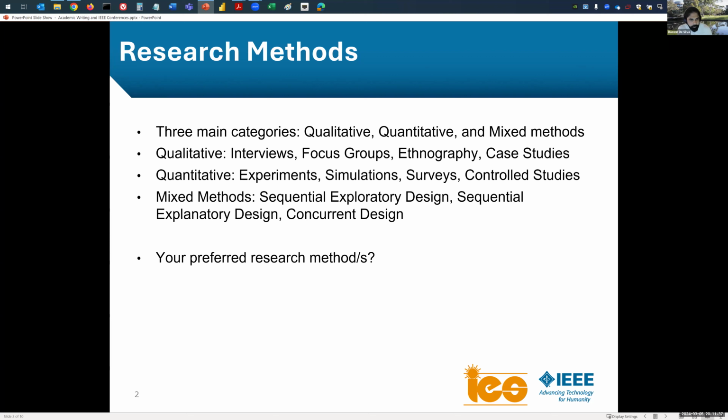The second one, which is what we relate to more prominently, is quantitative research. So there is a quantification of what we are trying to evaluate. So there's experiments, simulations, surveys, control studies, and so on. And then there is a combination of these, mixed methods. And more often than not, you would try to belong to these mixed methods, because then you have quant and qual.